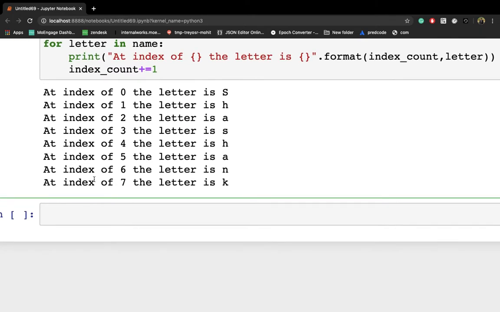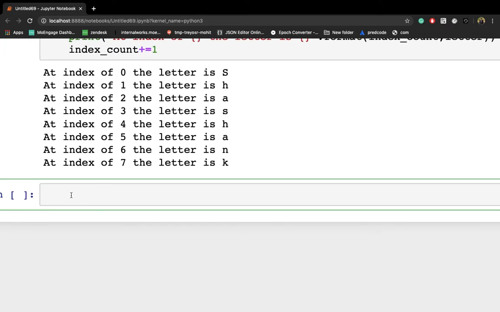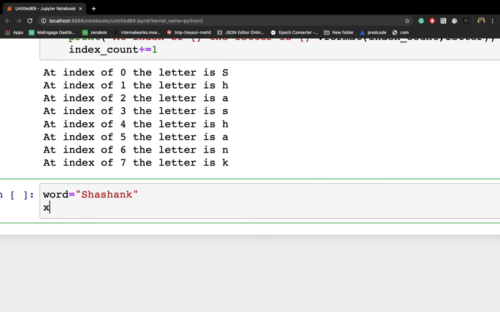We can achieve the same goal using the enumerate function as well. How can we achieve it? Let me write word here. Word is equal to, let's say, Shashank. What I'm doing here is writing x is equal to, and I'm using the enumerate function, then we have to provide the same name.